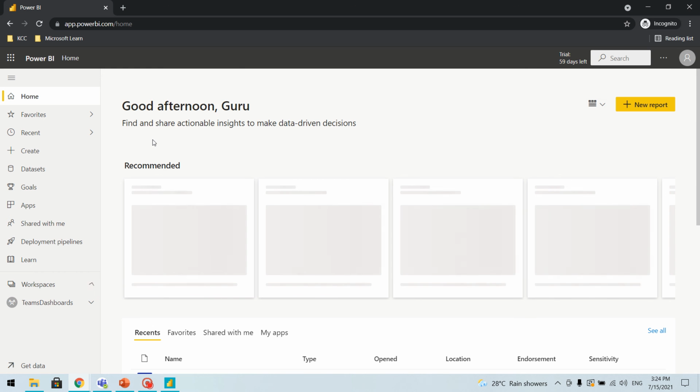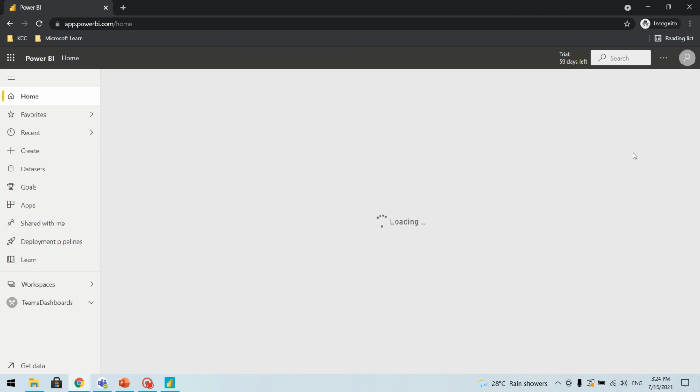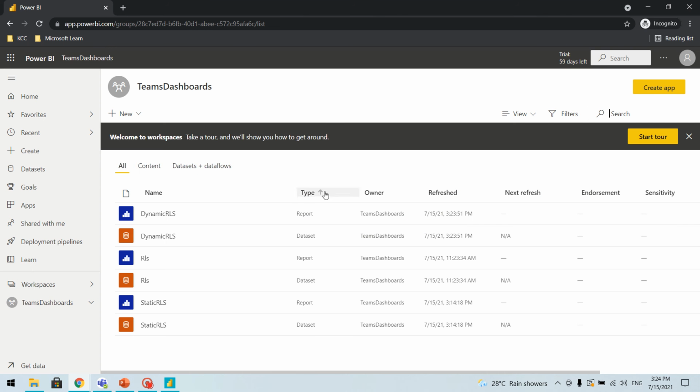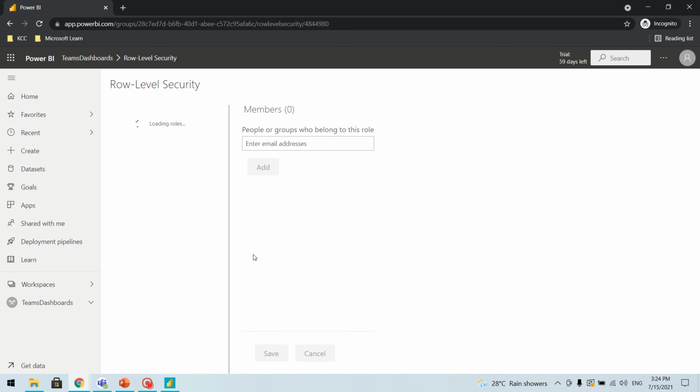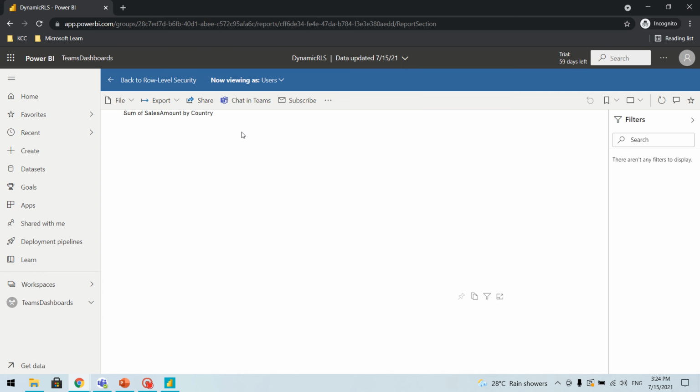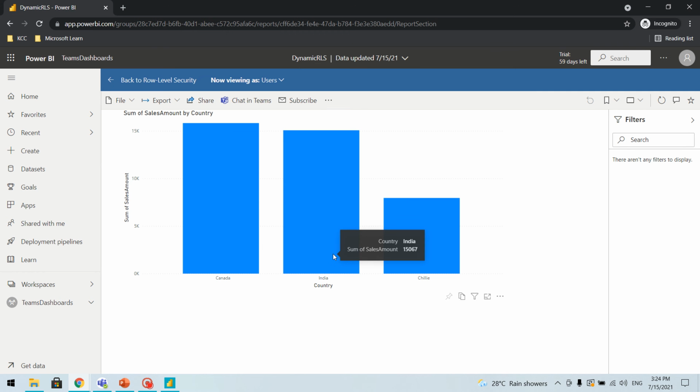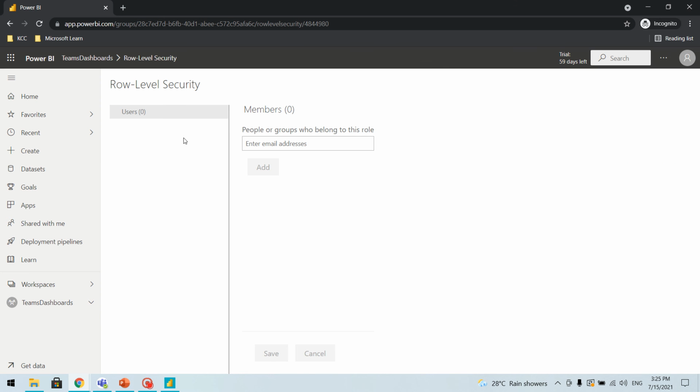Now I'll go to the workspace, and we have already given one set of permissions there, so we need not worry too much about the permissions. What we need to do is go and add certain things there in the security. So if you see here, even if we do not add a role and we try to test it by role, it will automatically allow, because it takes that role name, and that's how it gets the data. But what we'll do is add all the users as part of this role.